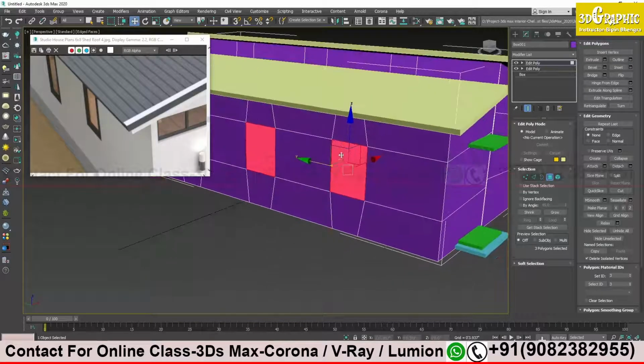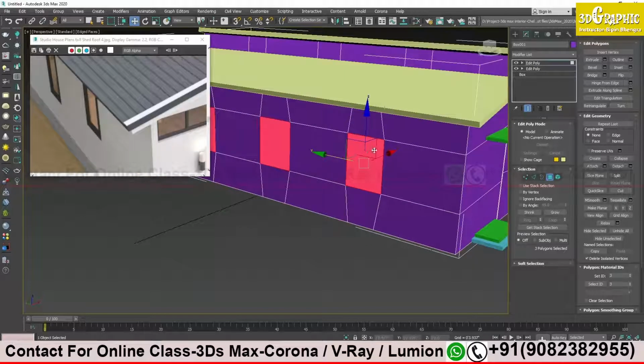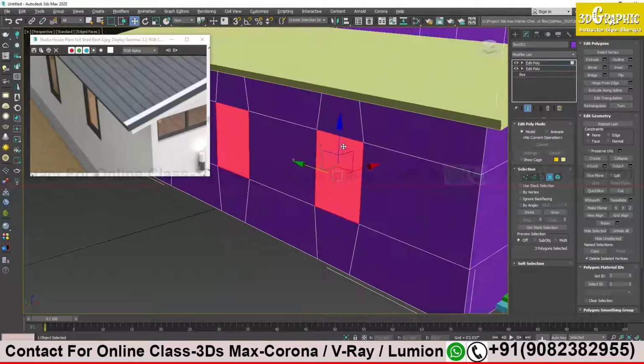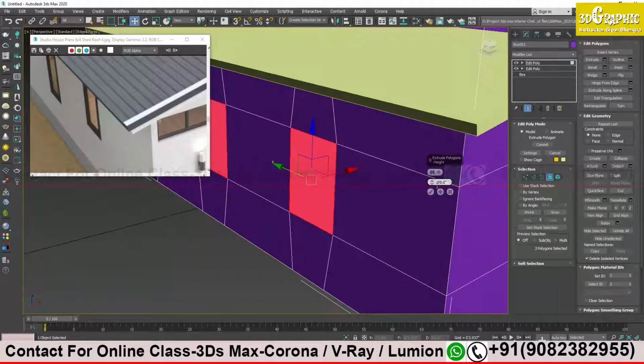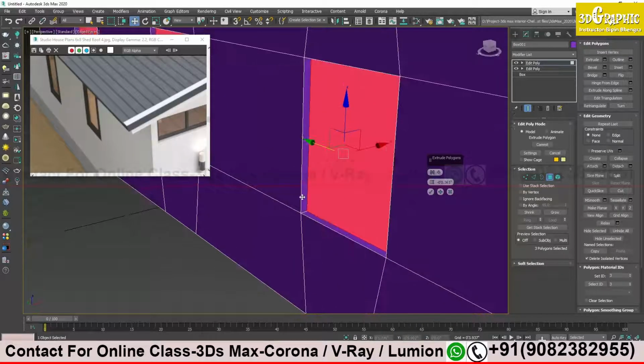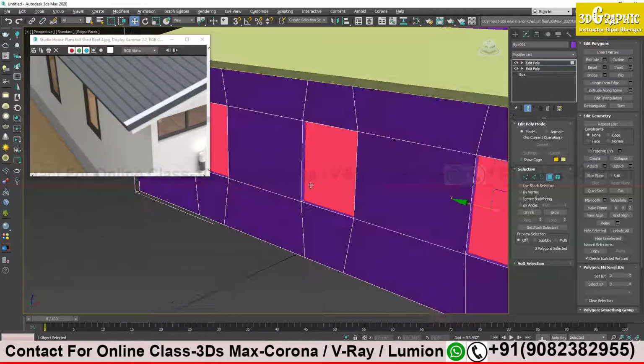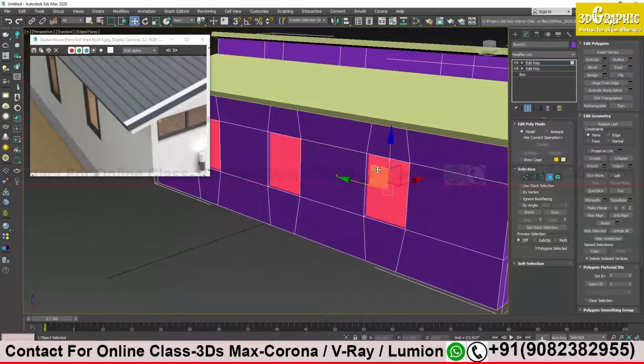First of all, I will make a gap over here, so I will right click and extrude it inside a bit. Okay, so I will get a gap over here and then tick. Now this area which I have extruded will be my glass.